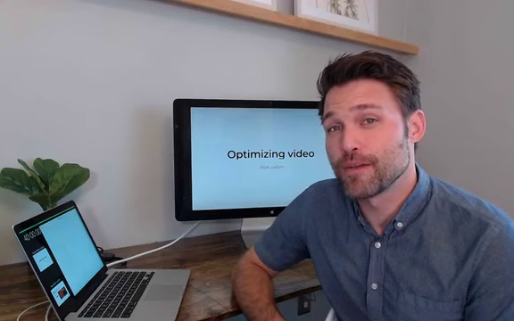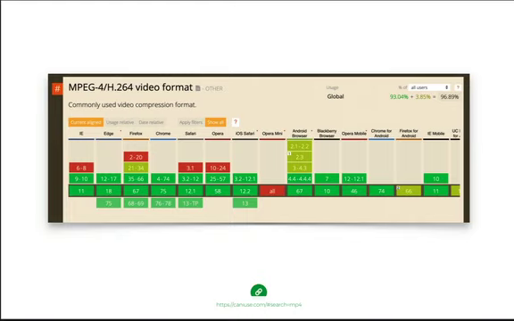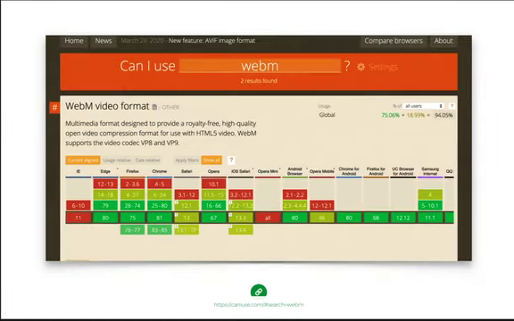Next, we'll talk about optimizing video. So with video, there are two formats to care about these days when you're optimizing files. mp4 is one of those formats, and it pretty much works everywhere, but it can create somewhat larger files. And there's WebM, which has really great support as well, but it doesn't work in IE11. WebM tends to be better for compression, so the file size tends to be a little smaller compared to mp4